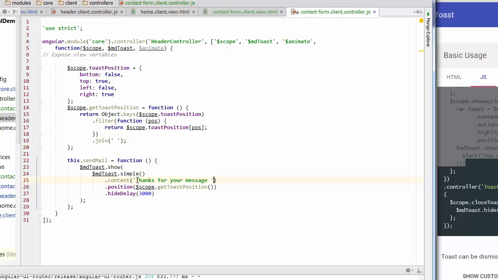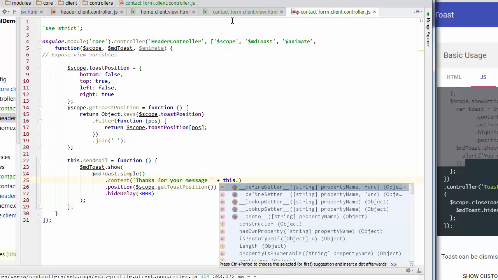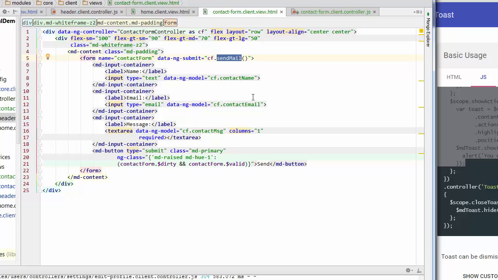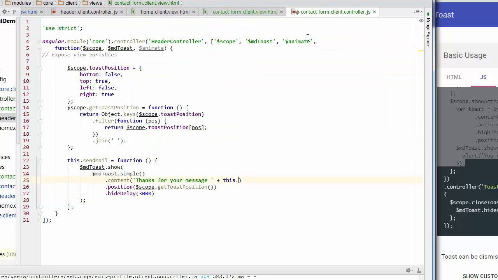Just put a bit of space. This dot, let me double check what our contact name was. Okay, there. So this dot contact name plus, let's say, you rock. Cool, just like that.